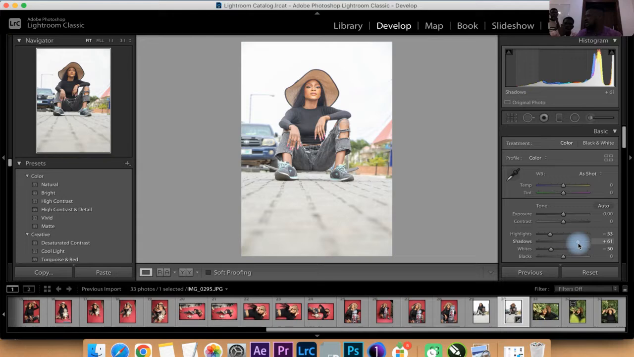Can you see that the skin is brighter automatically? Right. After that,